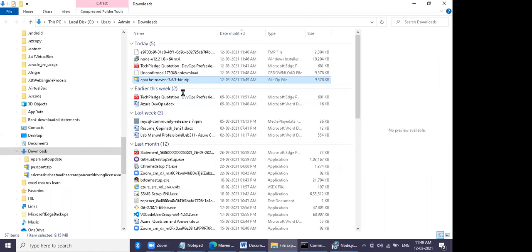Extract it here only. So Maven is used for creating an artifact. Okay.